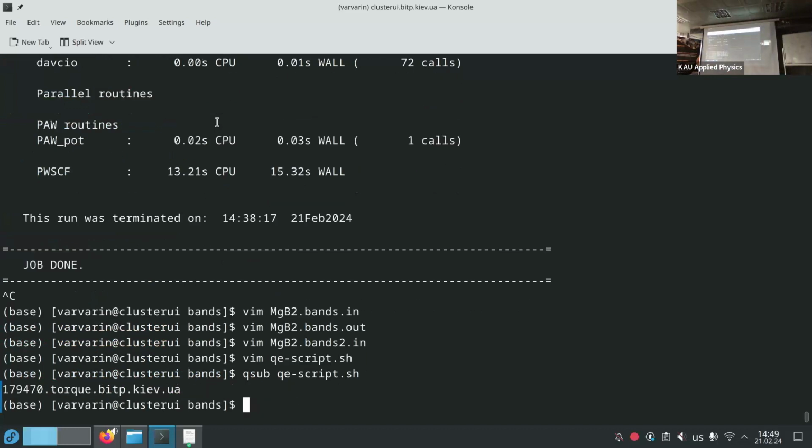And it will take maybe a few seconds. Meanwhile, we can edit our PDOS. Yeah, just check if it finished. Because for PDOS, what do we need? We need data from this file, from the output.